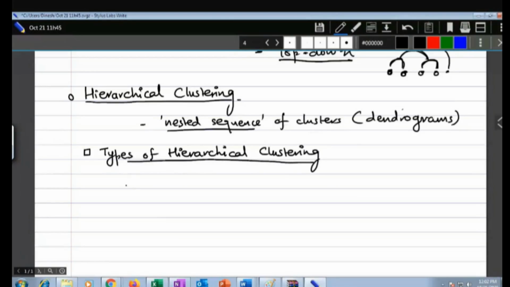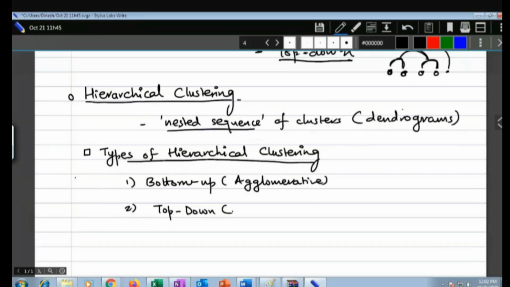Number one is bottom up, which is called agglomerative clustering, and the second one is top down, which is divisive. What do we mean by divisive? In bottom up, we have seen that every data point is considered a cluster, and then they are grouped. In top down, all data points